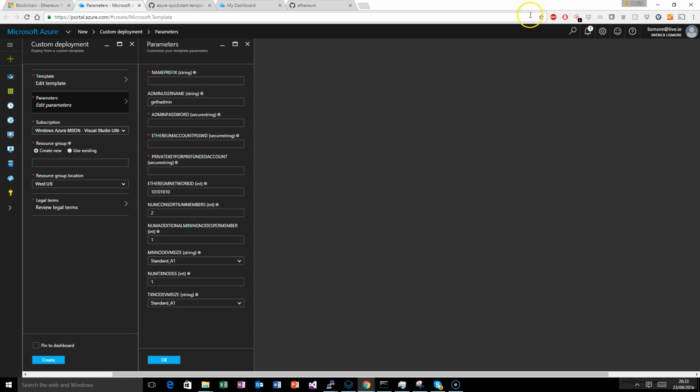Okay, so as you see, I am in custom deployment. It's got my subscription, it's got my new resource group. So I am on parameters at the minute. So let's have a look what it says. String used as the base for naming resources. Okay, so let's call this